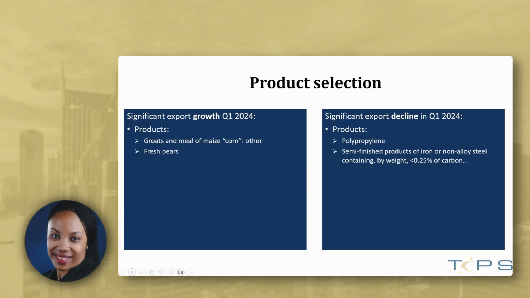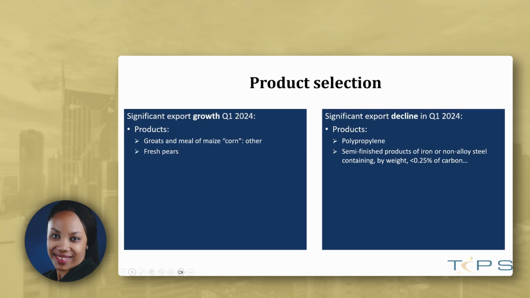Now we are looking at the product selection. So what we do, we look at 4 products: 2 products that had significant growth outside the mineral products, and we also look at those that experienced significant decline. So for this quarter, we looked for the significant growth. We looked at the growth of maize meal and the fresh pears. For the significant declines, we looked at